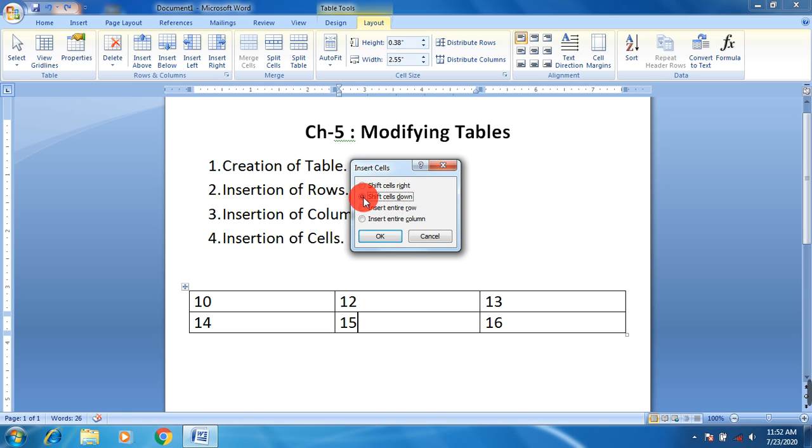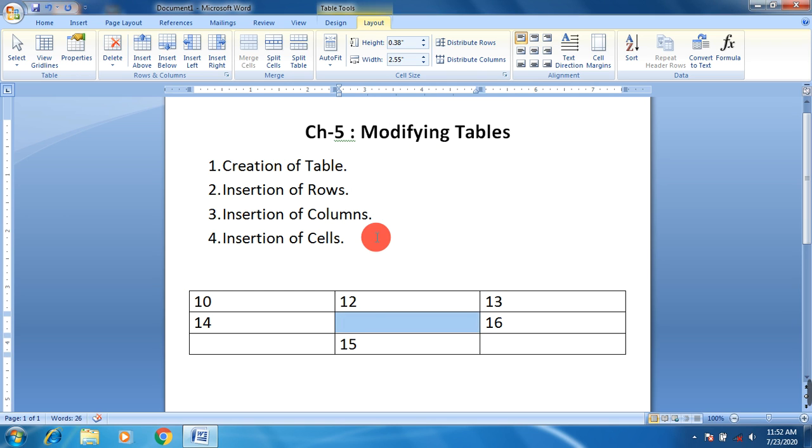Just select this second option and click on OK. Now what you can see, 15 moves one cell below and automatically this cell becomes blank now. So this is how you can insert new cell in your table.